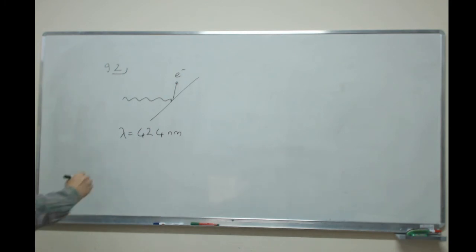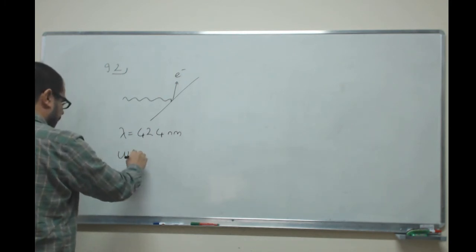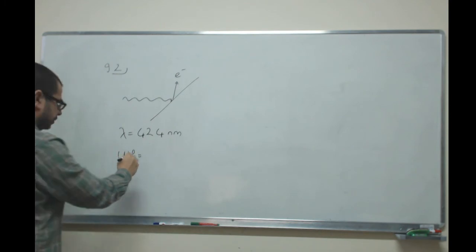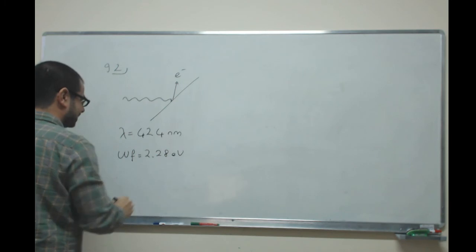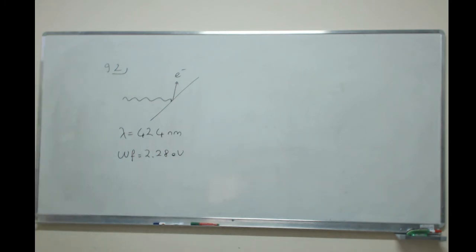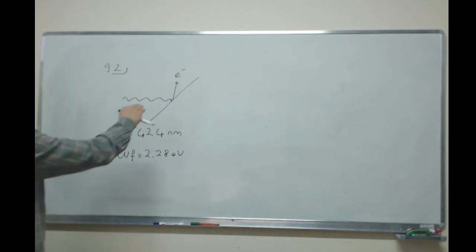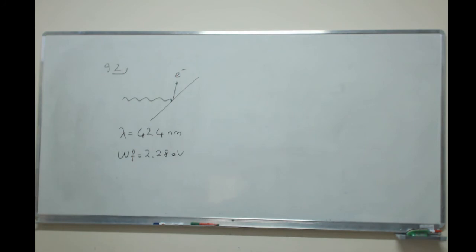And the work function is 2.28. That will be some metal. How much voltage should be applied to bring the current to zero? Okay, so these electrons, they actually try to fly to the other electrode, and we can apply reverse potential between